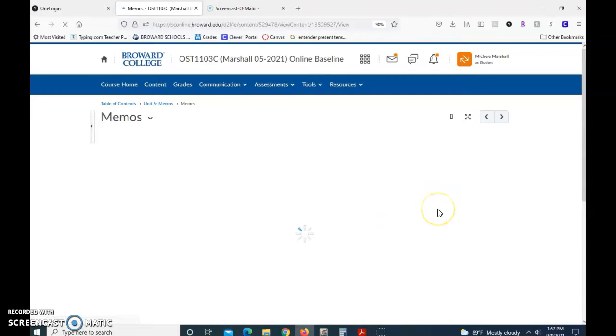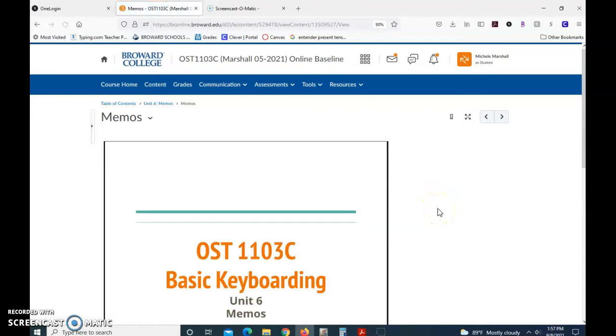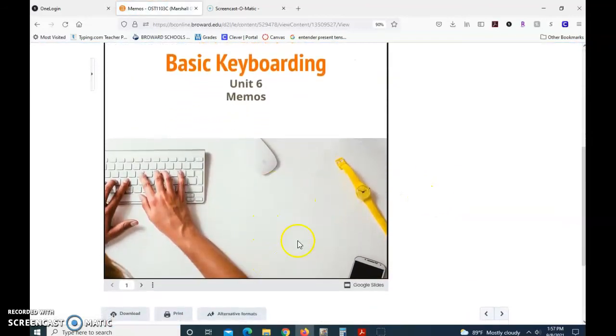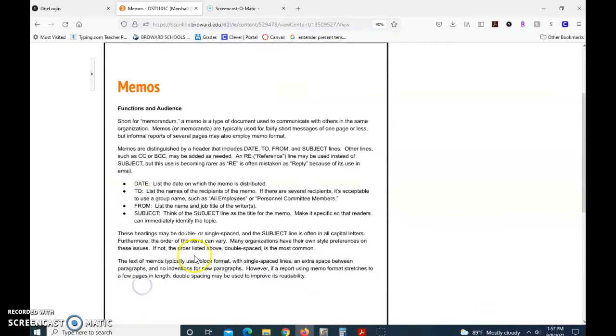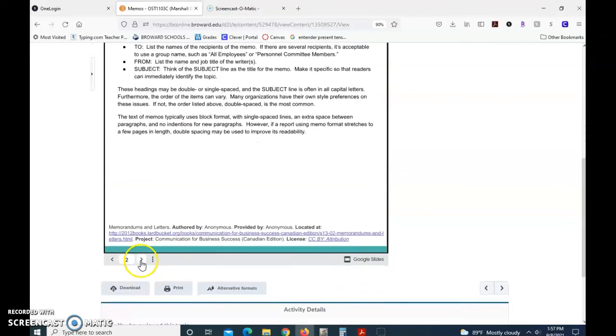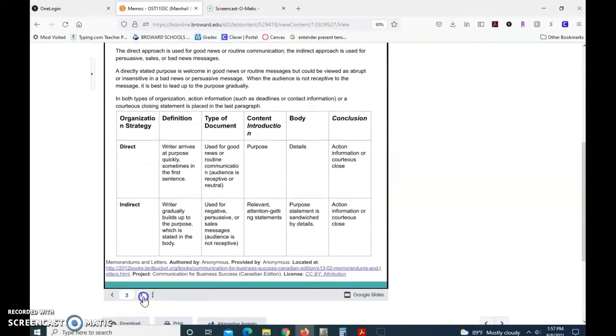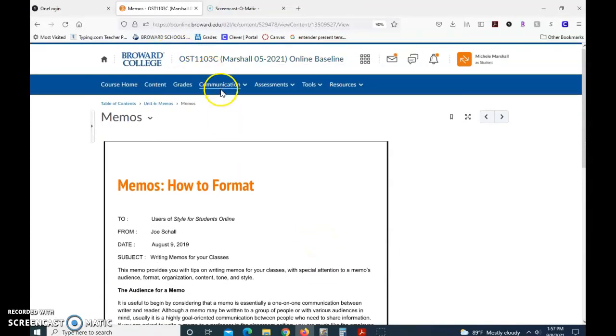And your ebook will load right up for you. So to maneuver this, you can either click on it or click the arrows down here, and it takes you all through your memos ebook. So I'm going to go back to content,